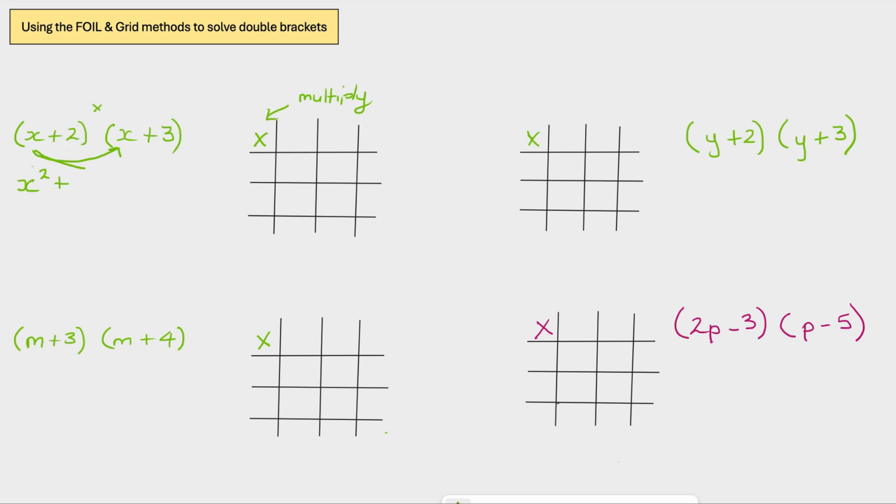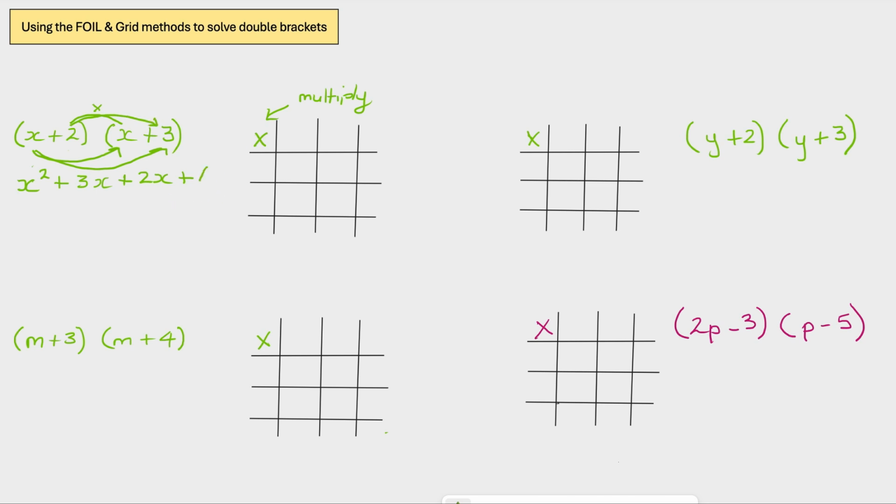So x, move over to the next one in the bracket, x times 3 plus 3x plus, moving on to this one, go over, 2 times x is 2x plus 2 times 3,